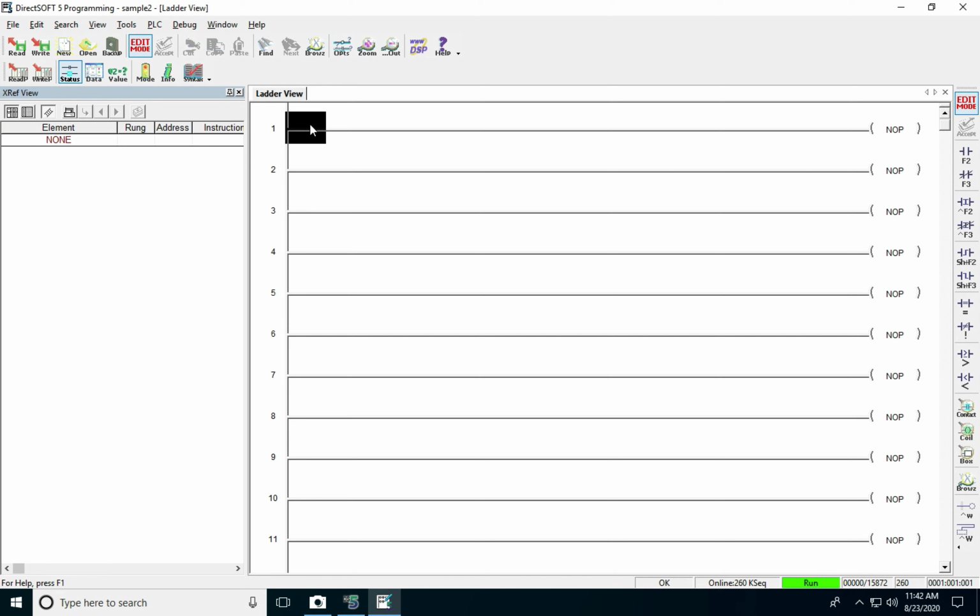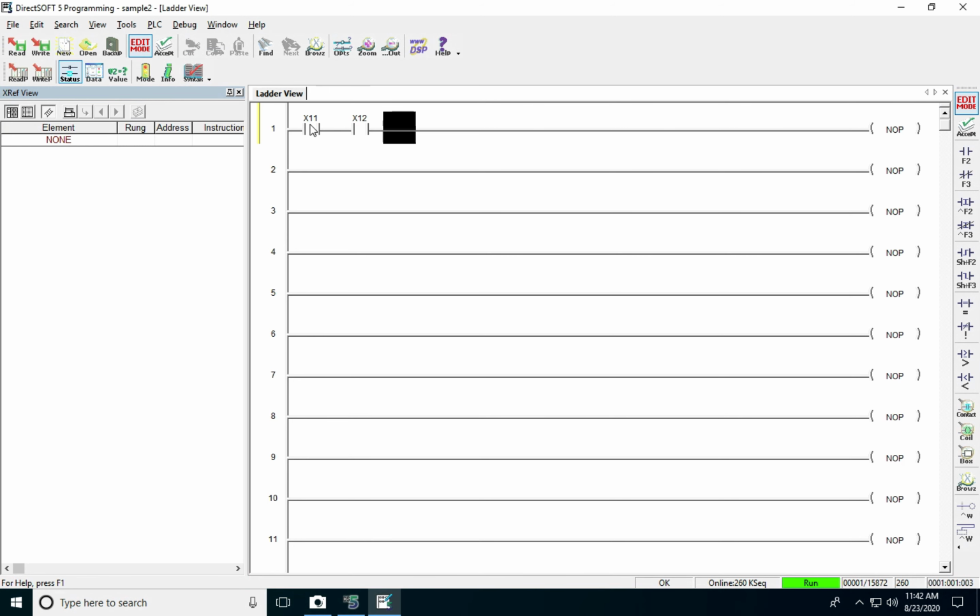Now I am going to write an AND logic. So if I want to write a code in which if I turn on switch 2 and switch 3, then only the motor should run. So I can write an AND logic. So we know X11 corresponds to switch 2, X12 corresponds to switch 3.